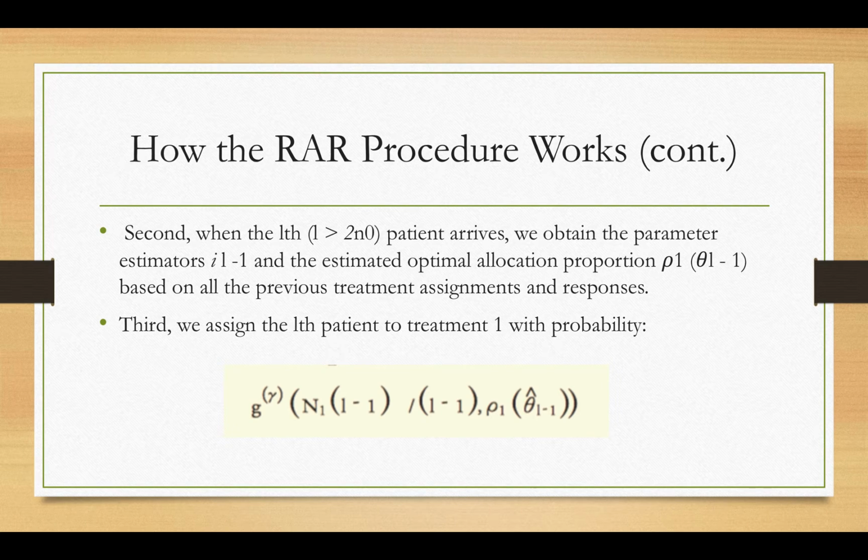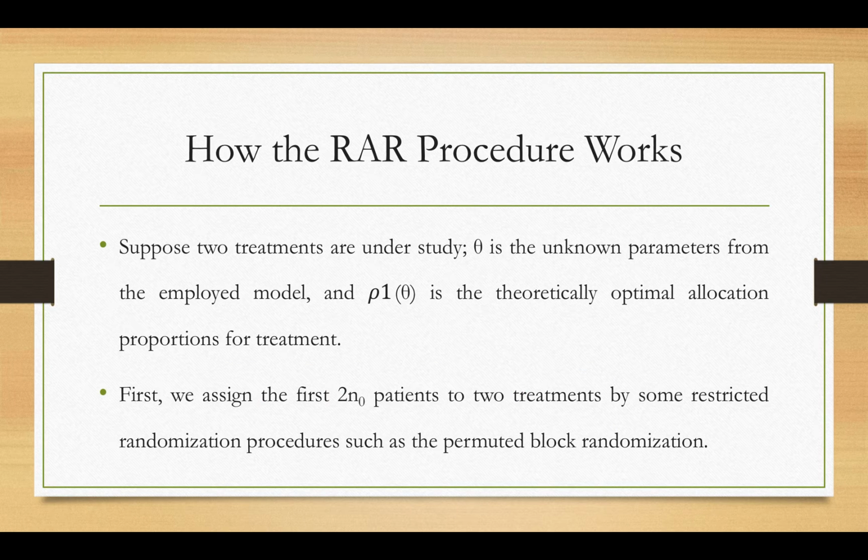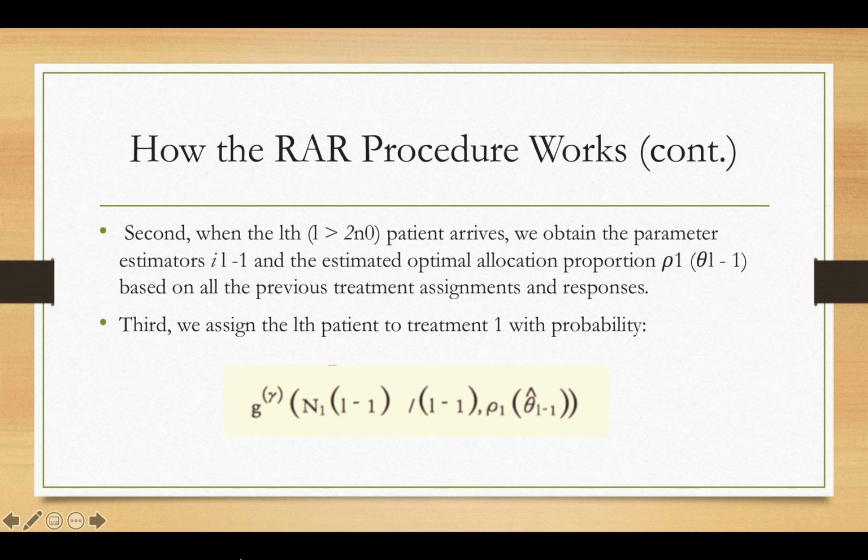And then second, when the L-th patient, where L is greater than 2 times N0, arrives, we obtain the parameter estimator, theta hat of L minus 1, and the estimated optimal allocation proportion, which is rho 1,